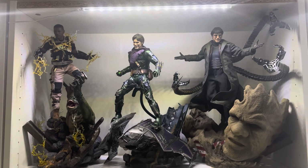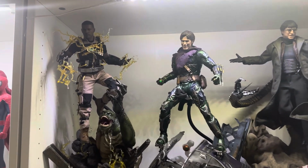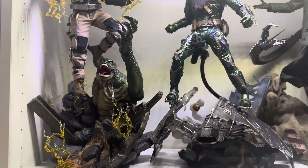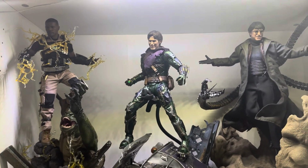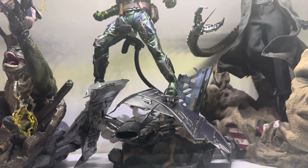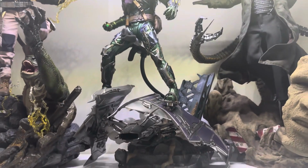So yeah. Now here is the biggest display. Now this right here is the middle shelf. This is where my big figures go. The No Way Home villains. I say that the three Spideys are my favorite shelf, but this might be my favorite shelf, just because having these five villains on a shelf with the Green Goblin right there in the middle,